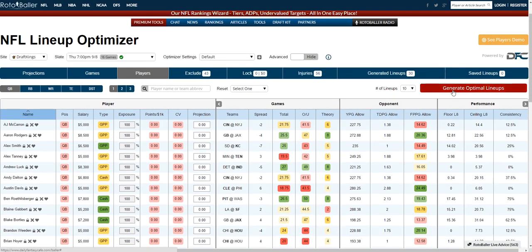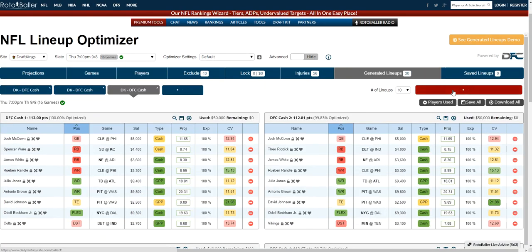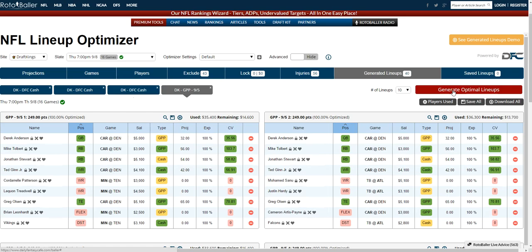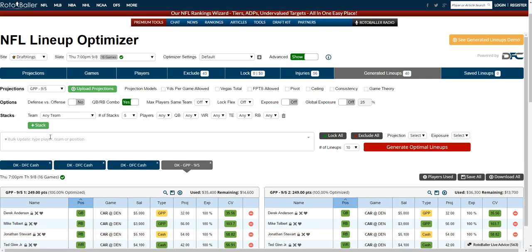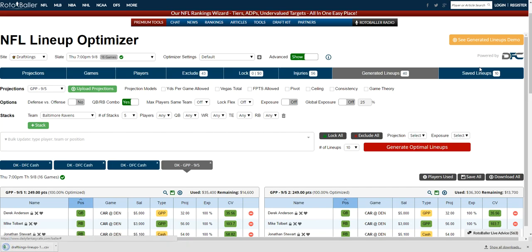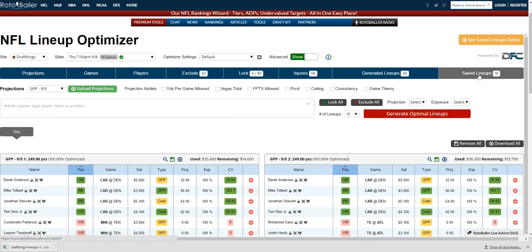Our optimizer gives you the ability to save and generate an unlimited number of lineups. You can generate 100 at a time for FanDuel, DraftKings, and Yahoo. You can create lineups with multiple stacks and generate as many stacks from different teams as desired. We have the most sophisticated stack creation in daily fantasy sports. You can download all your lineups, you can save all your lineups, and come back to them at a later date. This optimizer will save you hours of time and give you the data you need to build the best